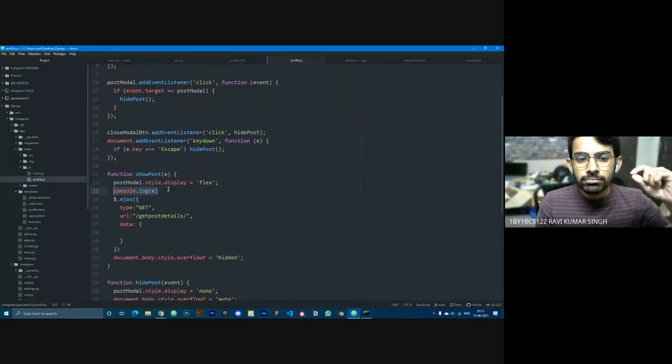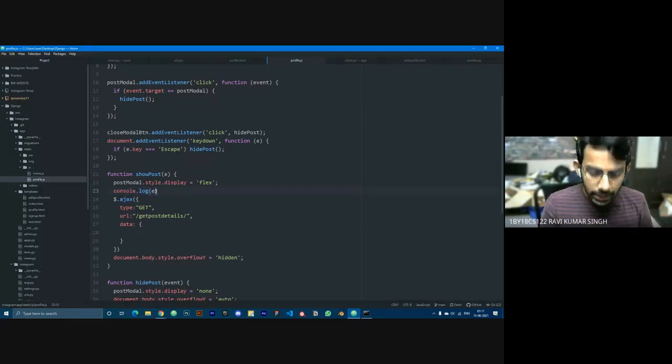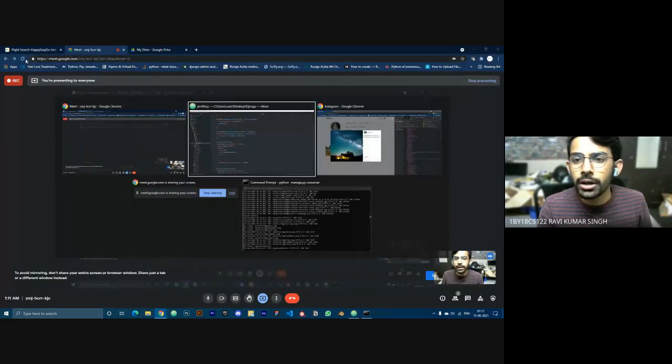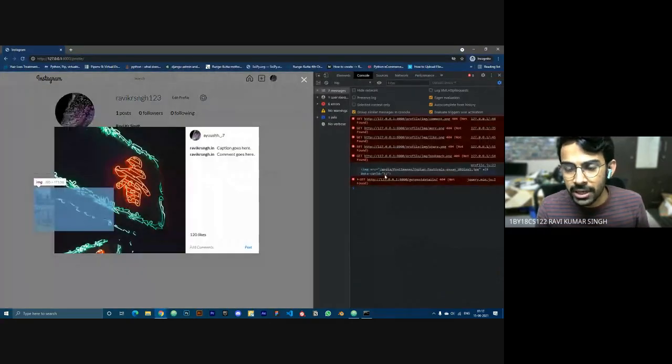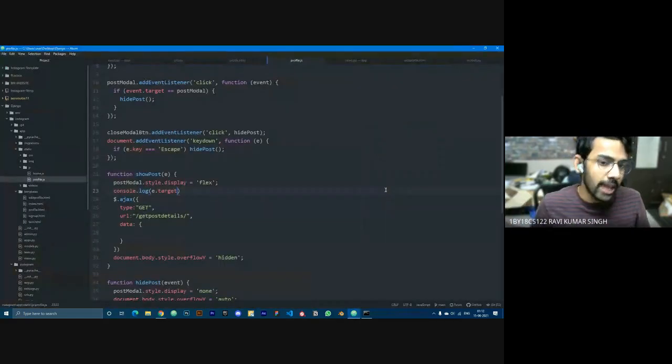So now what I'll do is, I'll have to use e dot target, right? Now let's just print e dot target. So it should show this particular image. I have this image, and now if you can see, it is having data cat ID 12. We are just moving closer step by step.